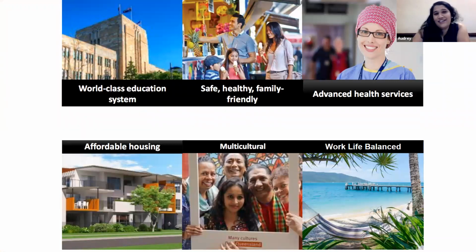One of the all-time winning factors is their education system. Australian education is always known to be world-class. 80% of the clients, or even more, that come to see me say they want their children to have a different education environment. Even the ones who have a one-year-old child come to us because they want to plan for their children's education in Australia. So that's how well-known the Australian education system is.